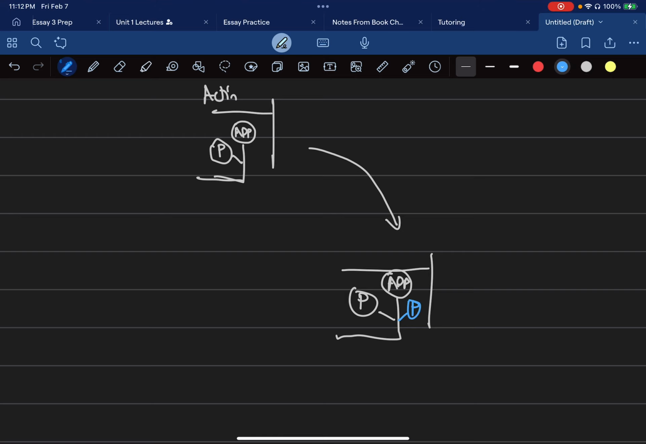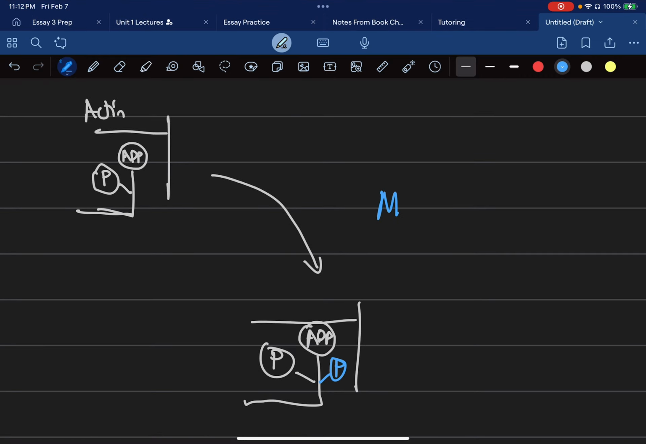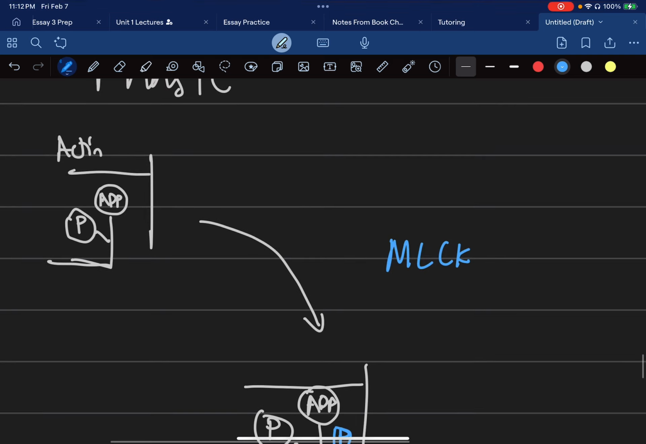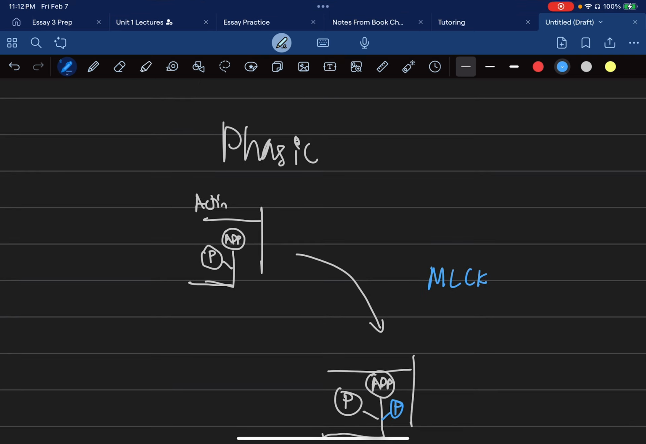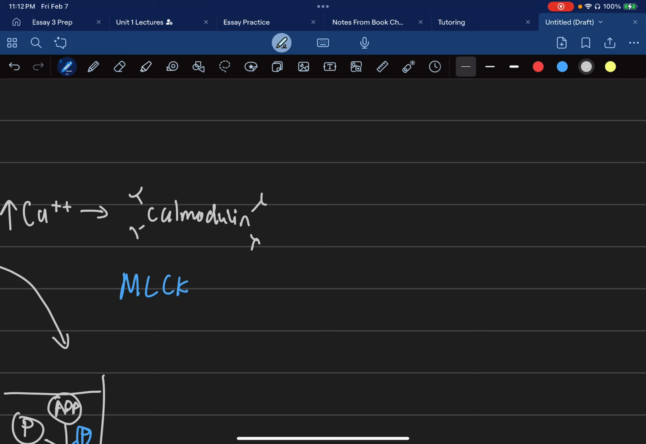So it's going to pick up this second phosphate group, and that's going to come from something called MLCK. Now, when an action potential occurs in a smooth muscle cell, just like the skeletal muscle cell, the intracellular calcium concentration is going to increase. That calcium is going to bind to something called calmodulin, which has 4 binding sites for calcium. Once those binding sites are taken up, it's going to be able to